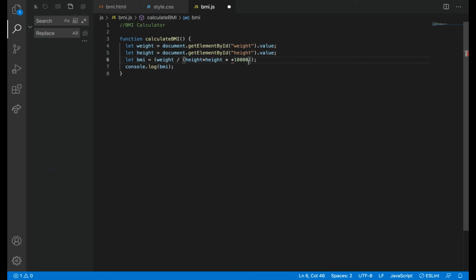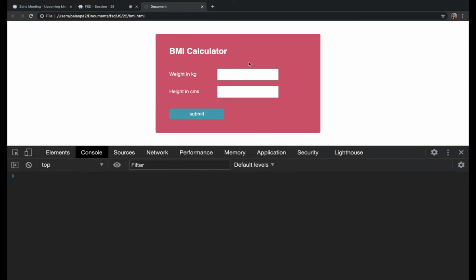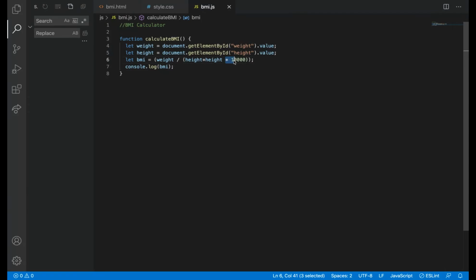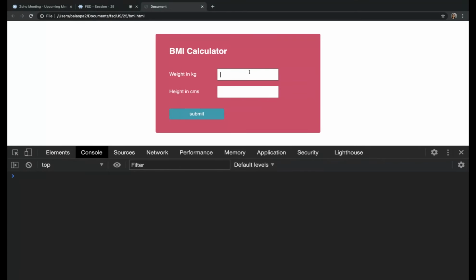I'm not sure. Wrong. First, we will assume we will see 1.77.